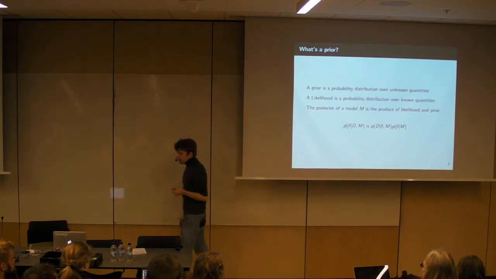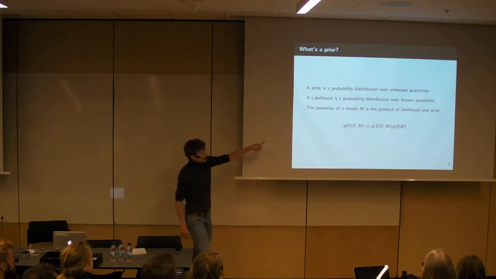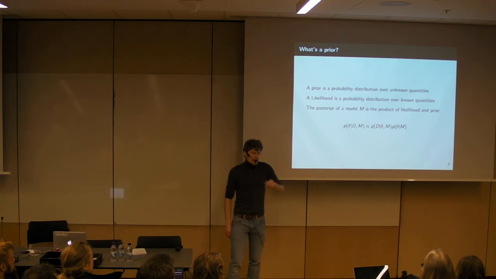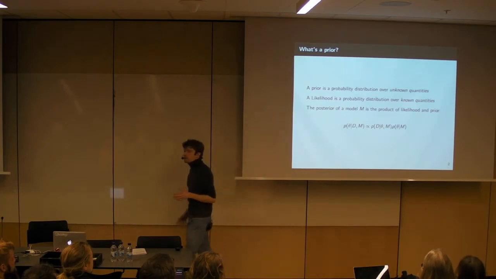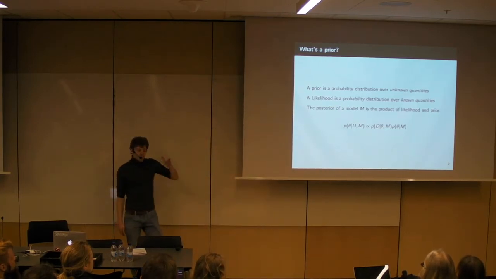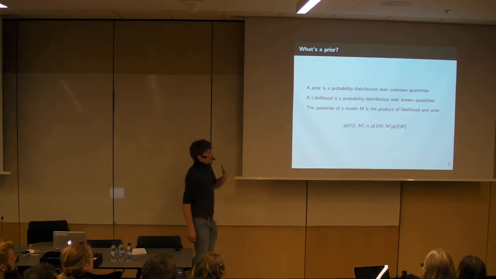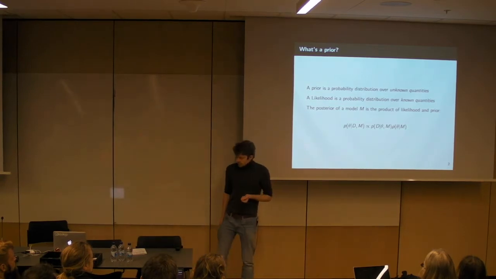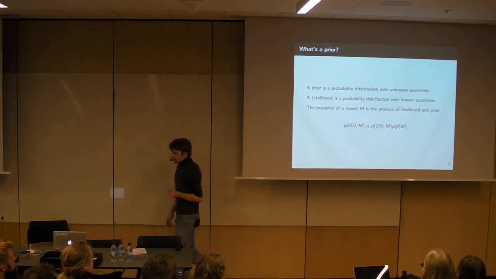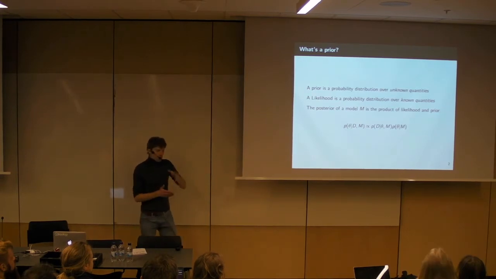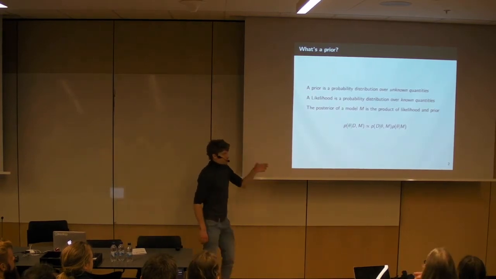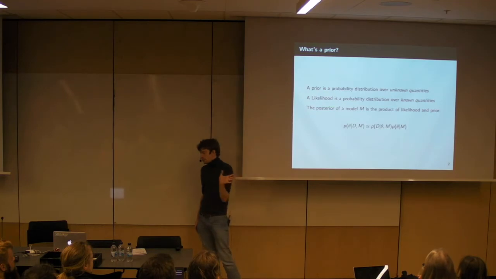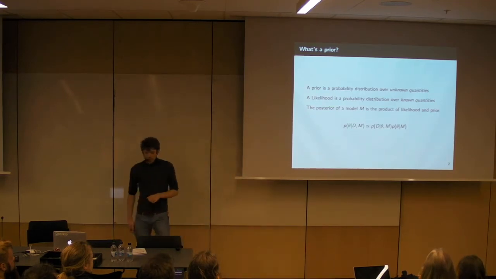seen the data. I'm writing M after the dash for every one of the probability distributions to make clear that every model has its own prior, its own likelihood, and thus its own posterior distribution. So we are always going to talk about the posterior distribution of a certain model. If that confuses you, just ignore the M.